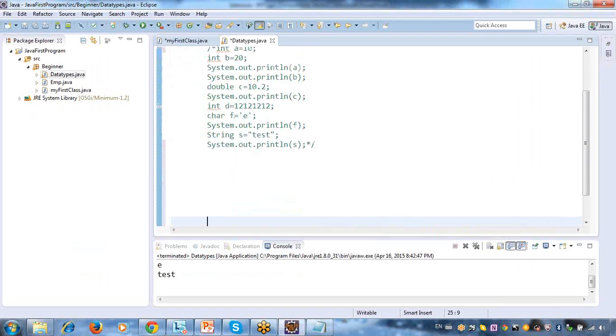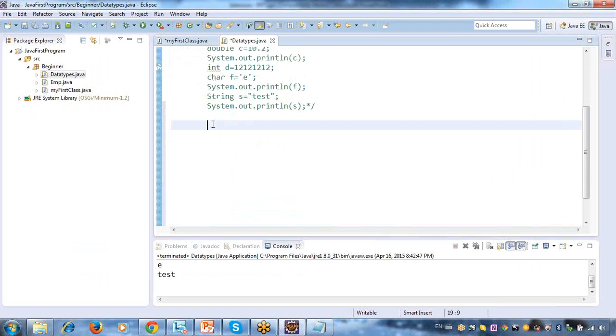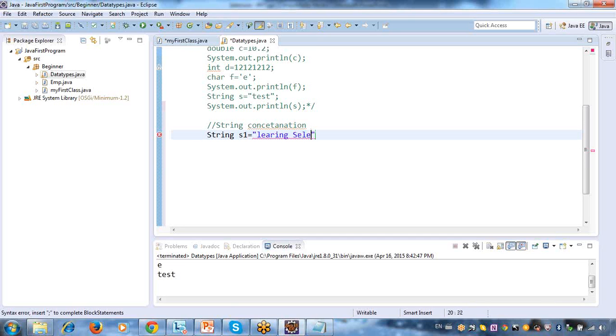See here, just imagine that I am having two strings. I wanted to concatenate those strings. That means I wanted to add two strings. This is also one of the important concepts, string concatenation. That means I have string s1 is equal to learning Selenium, string s2 is equal to through online.